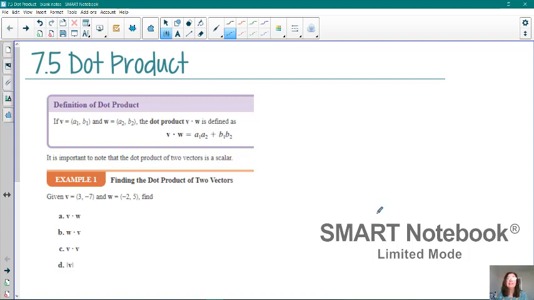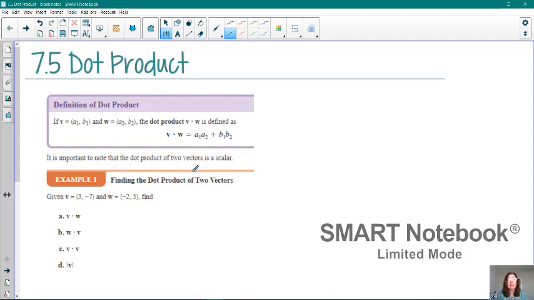The dot product is a pretty interesting calculation that we can do with vectors. The definition of the dot product is, if you have two vectors, vector v and vector w, you can find their dot product by doing the following. You multiply a1 times a2, so you multiply the horizontal components together. You multiply b1 times b2, you multiply the vertical components together, and then you add that up, and that's called